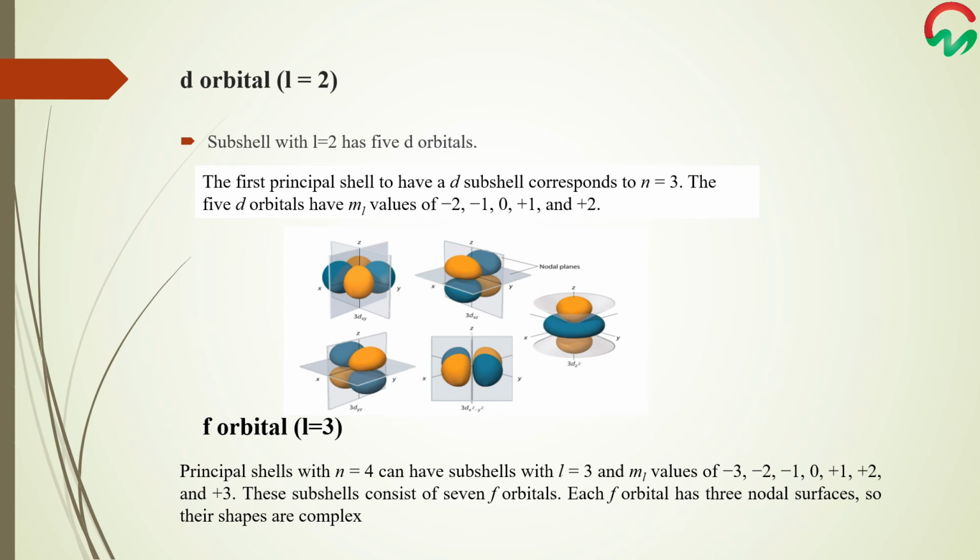The 5 equivalent 3d orbitals of the hydrogen atom are shown in this figure, and they constitute 90% of the total electron density. Out of these 5, 4 of the 3d orbitals of the hydrogen atom are arranged along the plane that is intersected by two perpendicular nodal planes, as you can see in this figure, and these 4 orbitals have the same shape but different orientation. The fifth 3d orbital, which is 3dz squared, has a distinct shape, although it is mathematically equivalent to these 4 3d orbitals of the hydrogen atom.